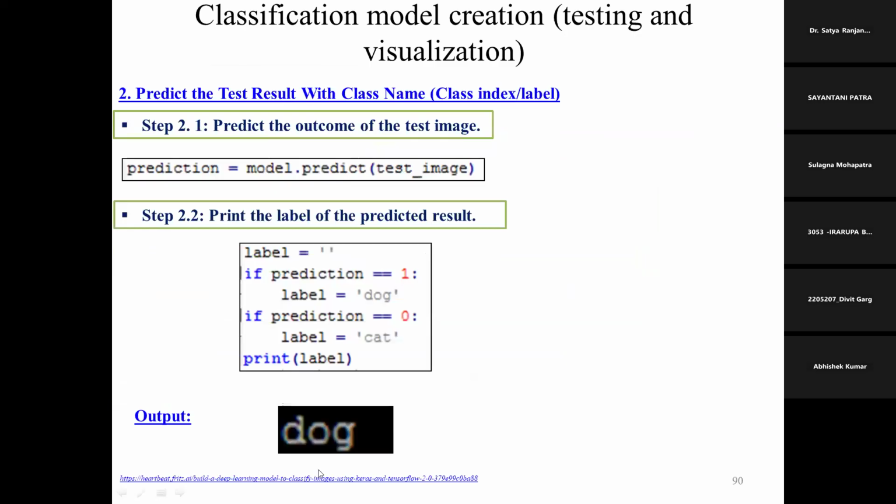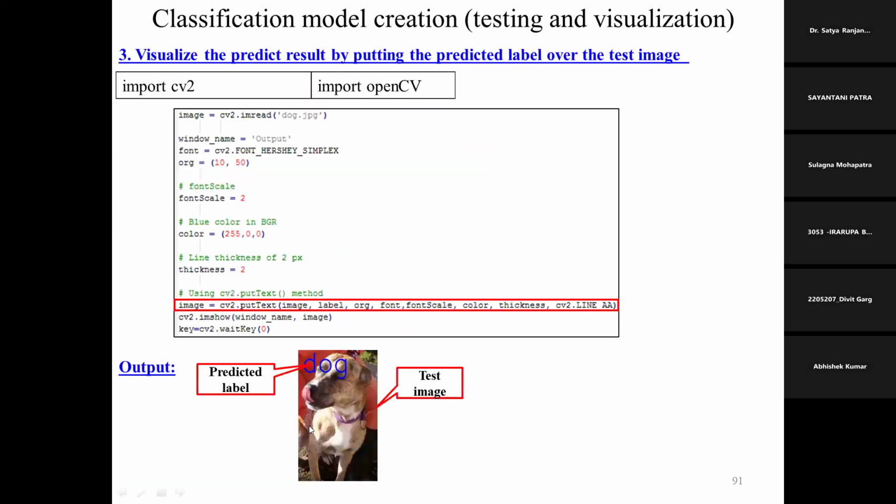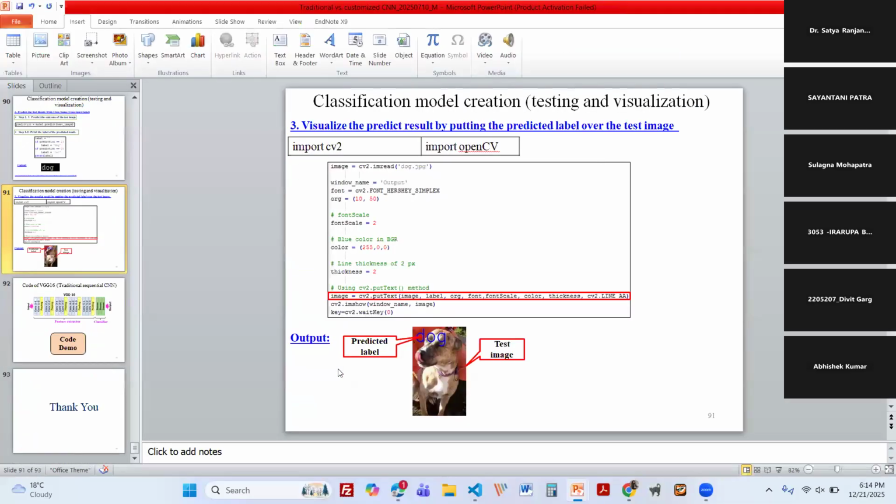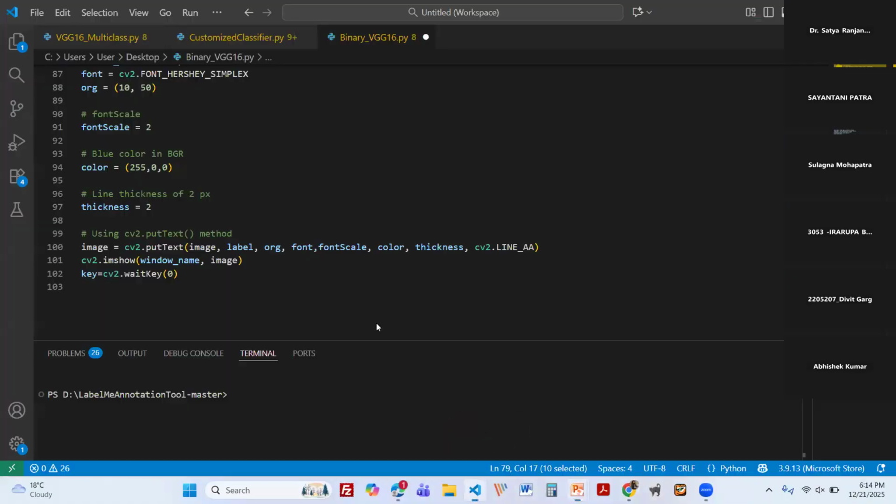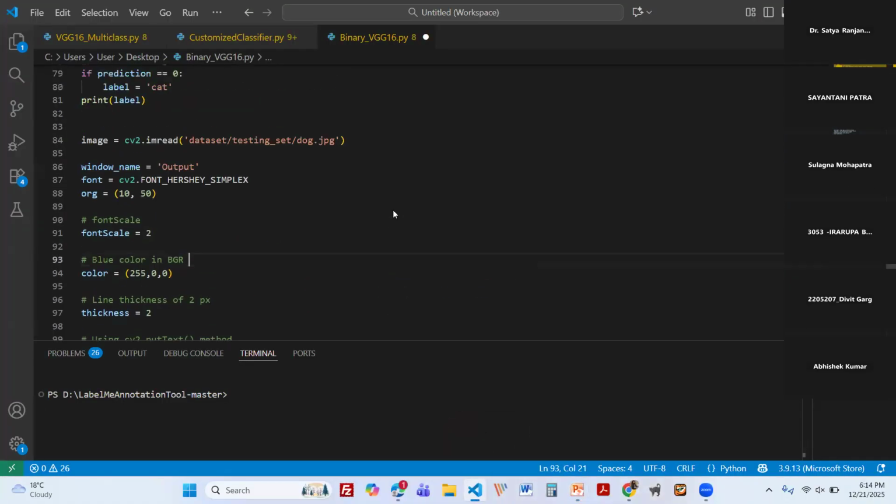Or we can design the output in such a way that if the prediction is equal to 1, then it shows it is a dog, or it is a cat. It is showing dog. Or we can also use OpenCV to make it more beautiful. We can take the image and also print the label, it is a dog image. So it is some kind of output way. How can we show it to the machine, and how can we get the output from the machine? This one is the binary one.